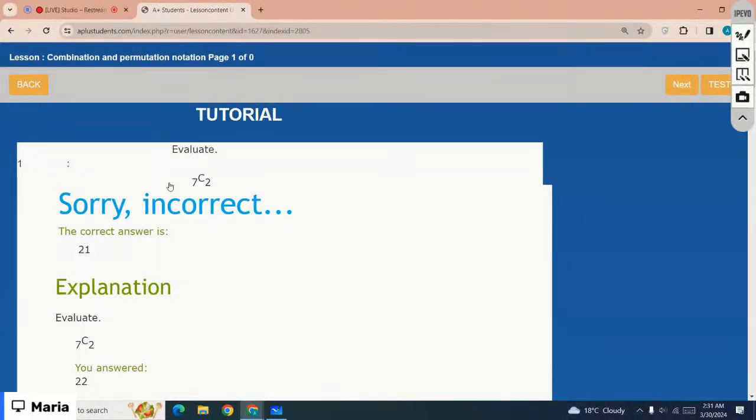Okay, the first one is you have to do 7C2. C is for combinations, that means you need to evaluate combinations, right? So, how do we evaluate the combinations? You have to do,